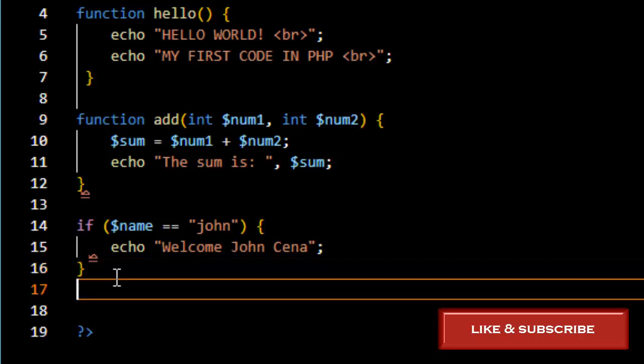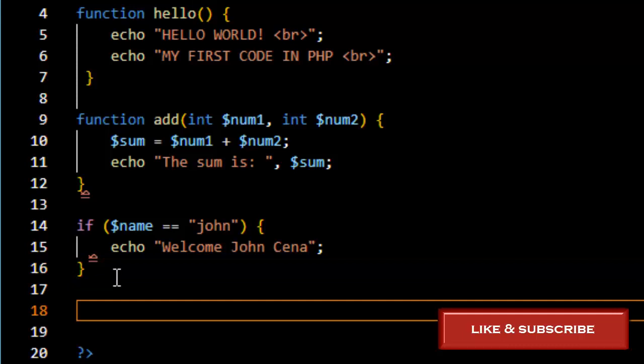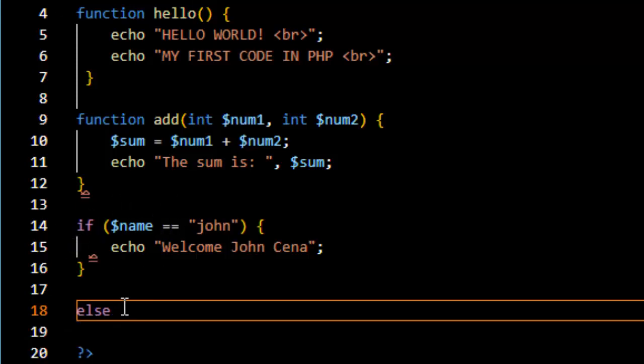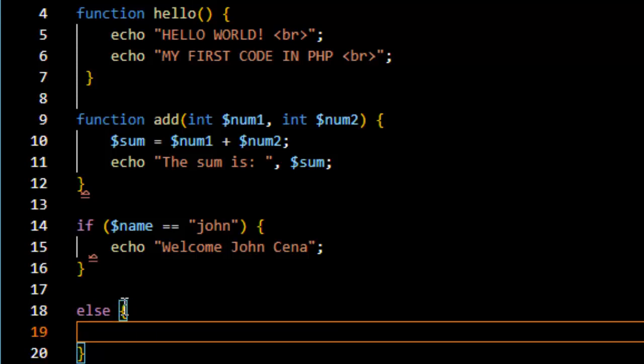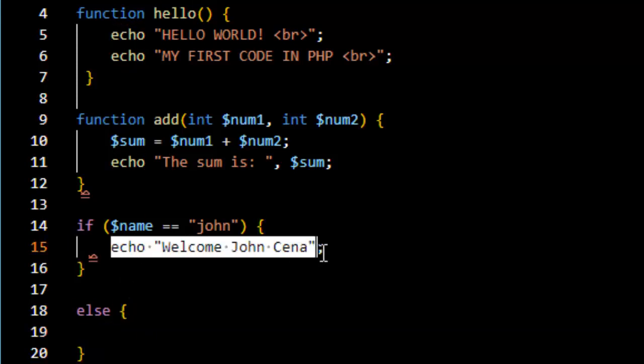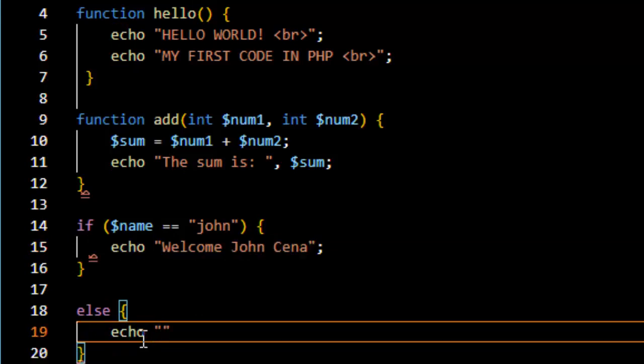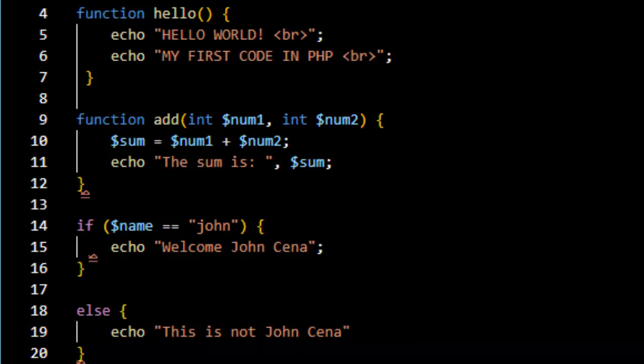So else. Now else, you don't need to put the condition. Else simply means if this condition is not true, do this particular one. So we can now say else echo, this is not John Cena. Okay, so let's see